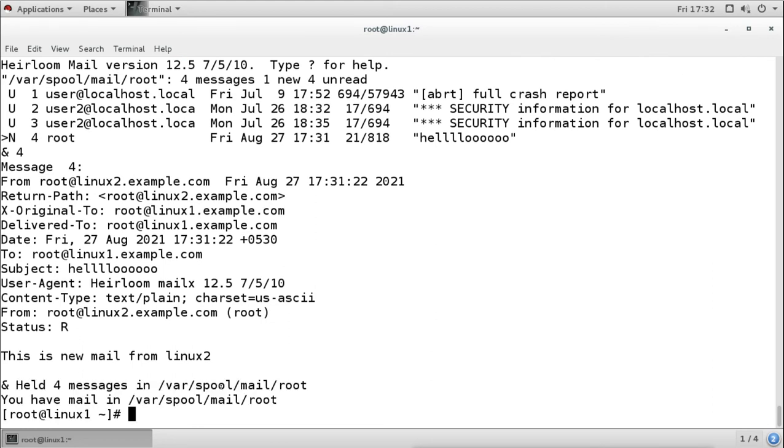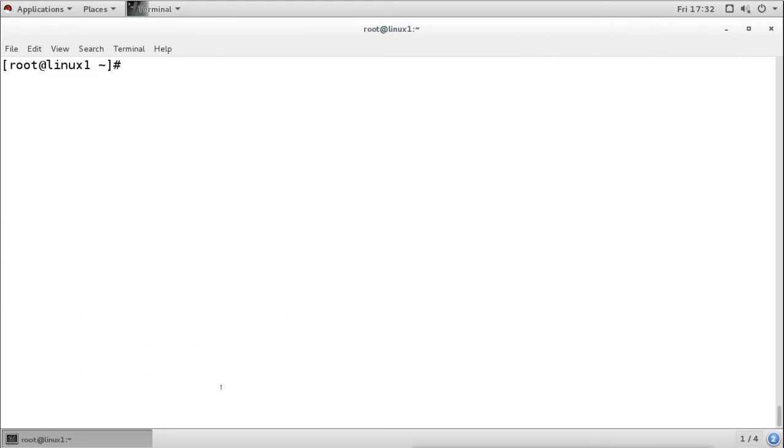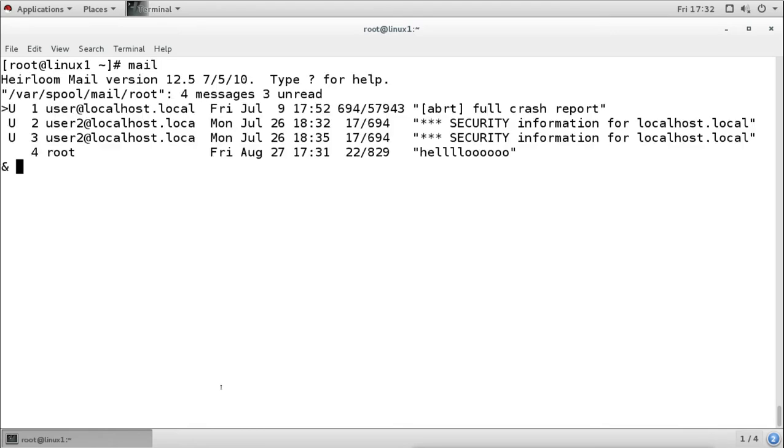So now we have configured the server to accept the mail from any client. Now the mail client which we are using is this mail. It comes with the MailX package. Now we have other mail clients also. We can use other mail clients, whatever the mail client. There are some other mail clients also which we can use.